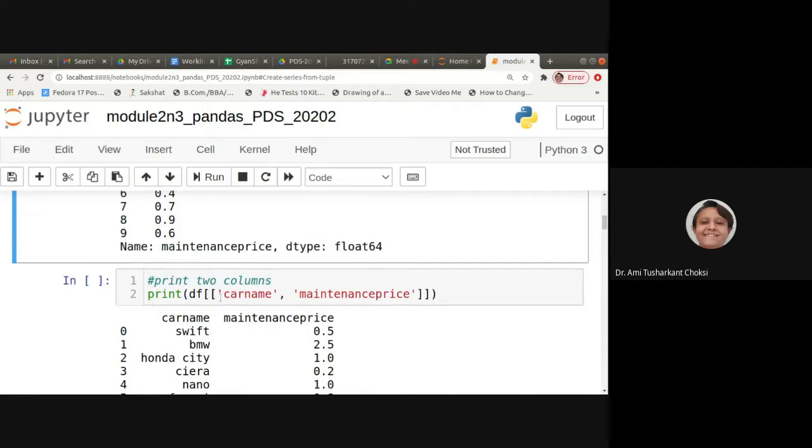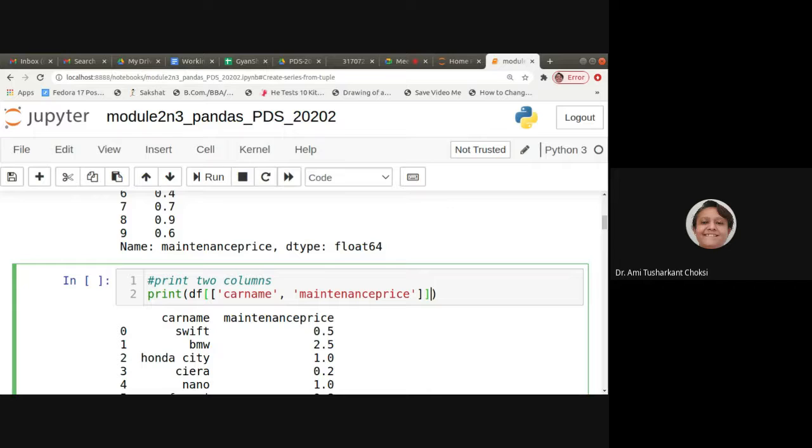If I want to have two columns, then I can say df of, that list is there, but that should be accessed inside the index, isn't it? That means in the square bracket, we have one more square bracket. Inside that, we can provide this list. So it is not like this one, which is in the single list. It should be something like this.